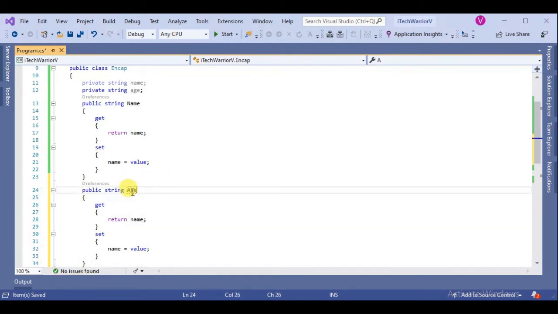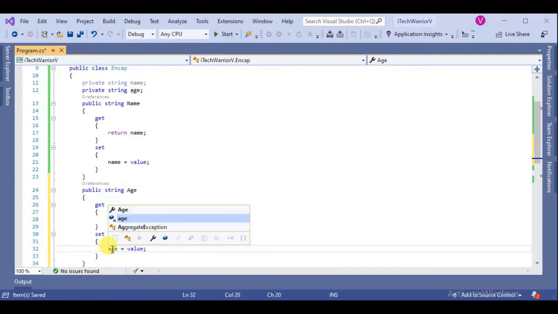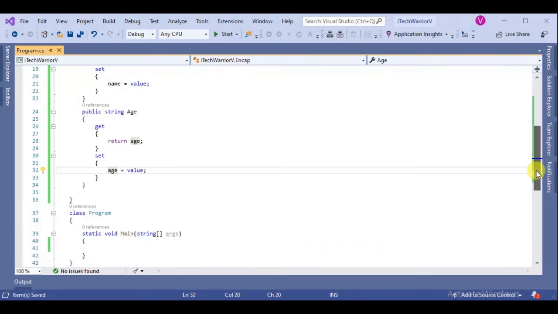Then Age, get return age, set age equal to value. So now we have created the set and get properties.